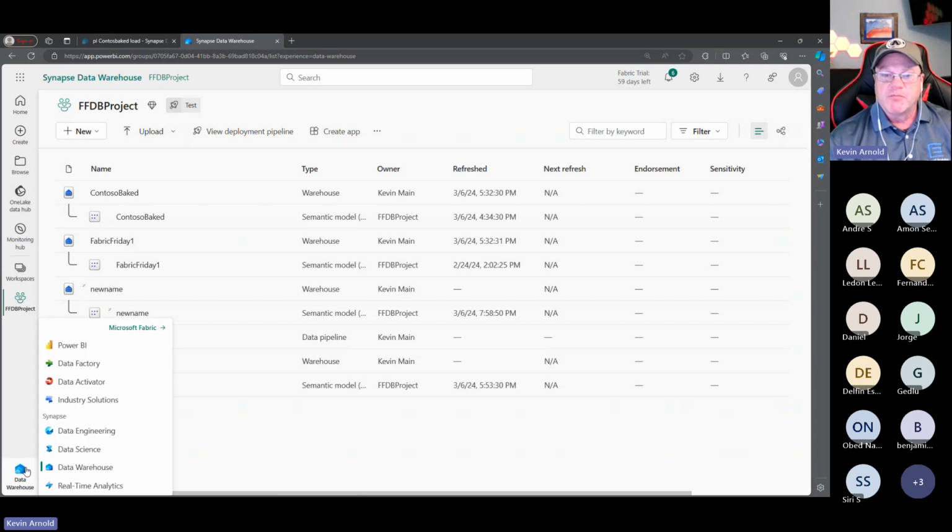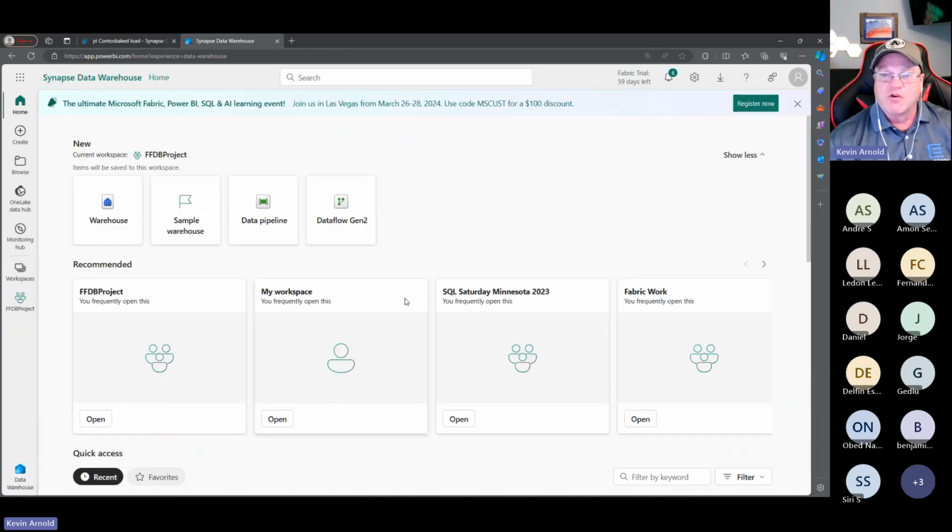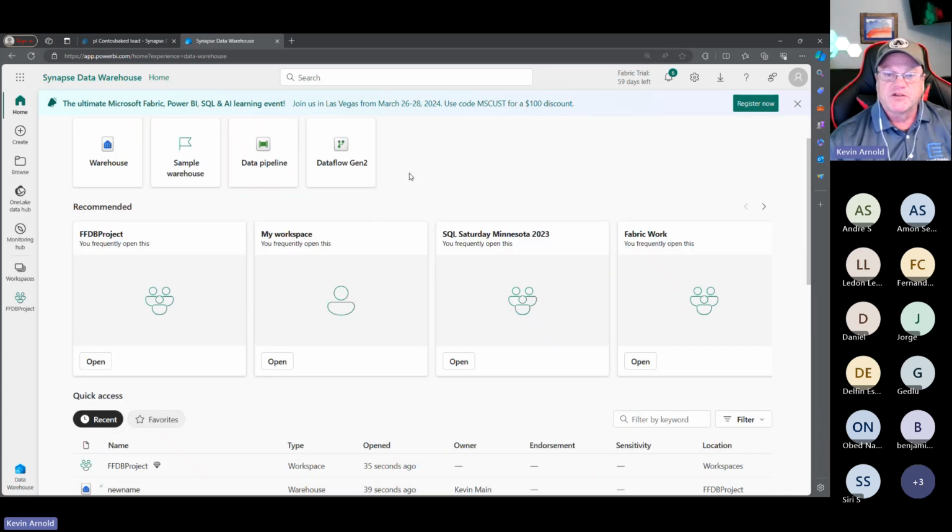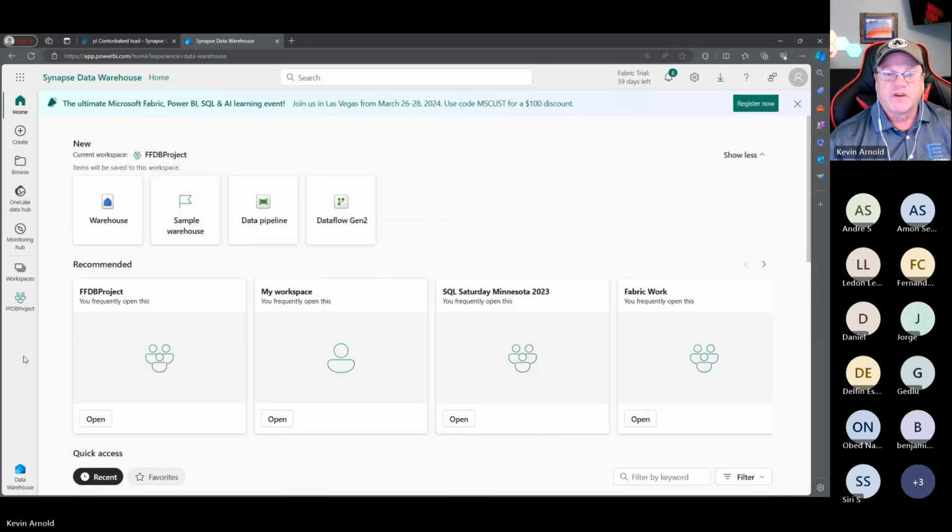There is also, if we come back out to our overall, if you want to get started, I strongly recommend to people to set up your own development environment. That's what I'm running off of here. It's free from Microsoft. You get 25 licenses that you can mess around with. And because Fabric is still in preview, you see we're back up to 59 days of a Fabric trial. You can start the trial, mess with it. They have sample warehouse data, all kinds of learning material. That's what you really need to go through.